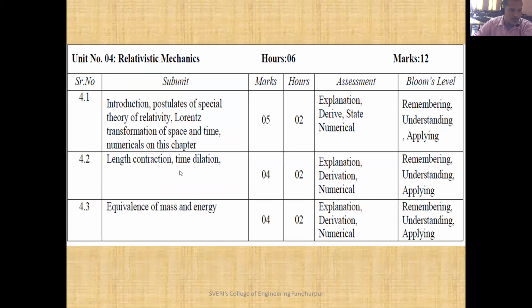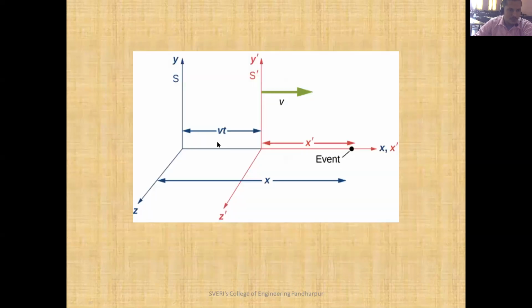त्यानंतर लेंथ कॉन्ट्रॅक्शन, टाइम डायलेशन आणि इक्विव्हॅलन्स ऑफ मास अँड एनर्जी, असे 3 डेरिव्हेशन्स आहेत जे बेस्ड आहेत कशावर, ऑफकोर्स लॉरेन्स ट्रान्सफॉर्मेशन इक्वेशन्सवर. तर पहिली जी स्लाइड आहे ज्याच्यामध्ये आपण फिगर बघितली,